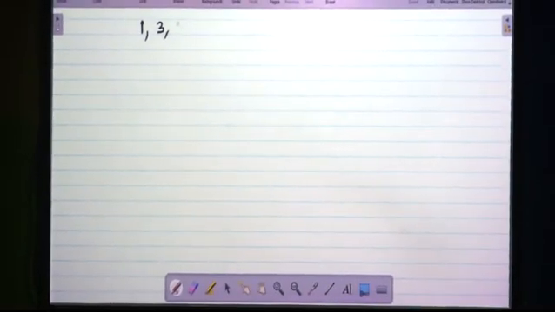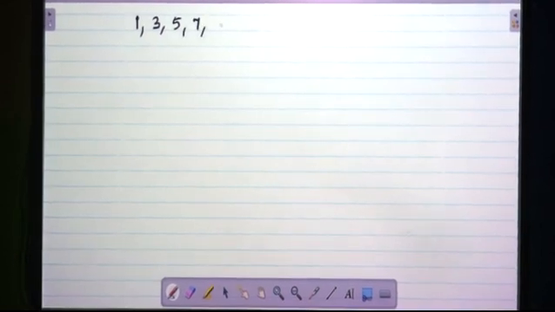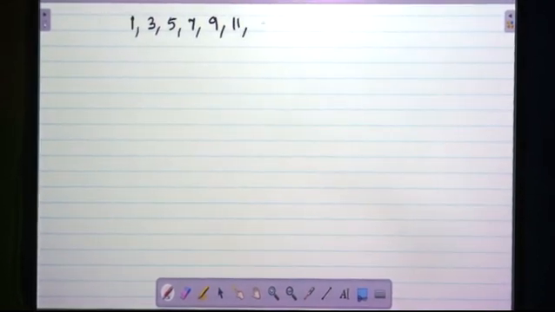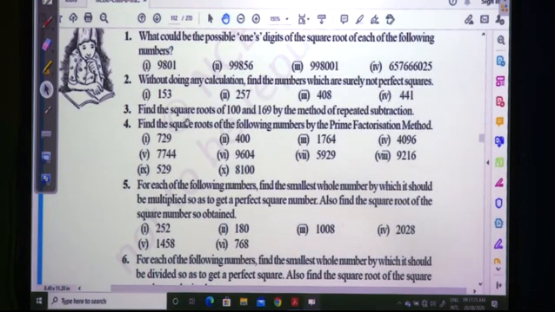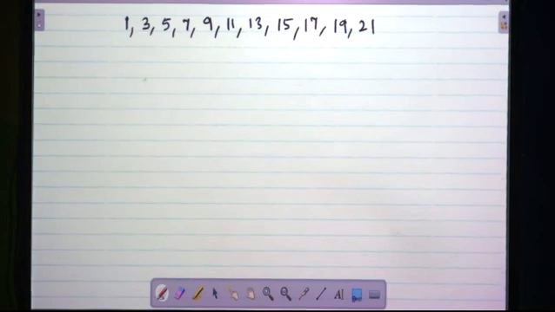Now, we will write the consecutive odd numbers first: 1, 3, 5, 7, 9, 11, 13, 15, 17, 19, 21. Okay. Now we have to find what has been asked of us. Find the square roots of 100 and 169. We shall take 100 first. We have to see in how many steps